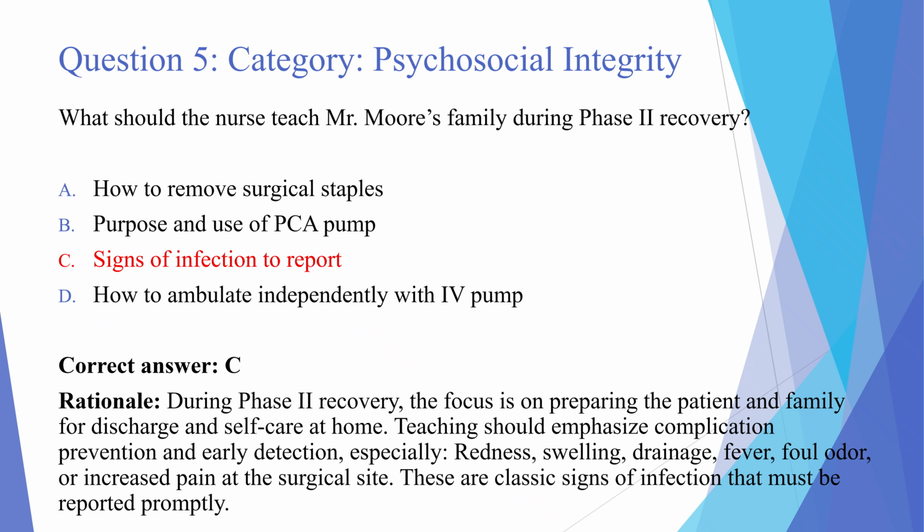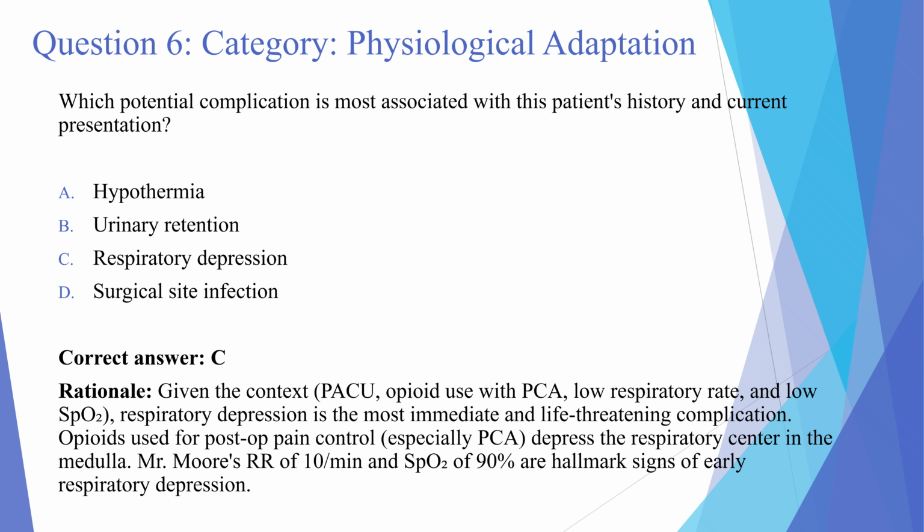6. Which potential complication is most associated with the patient history and current presentation? So you see psychosocial adaptation, how, what is the potential complication. Here I have your answer already. It's C, respiratory depression,